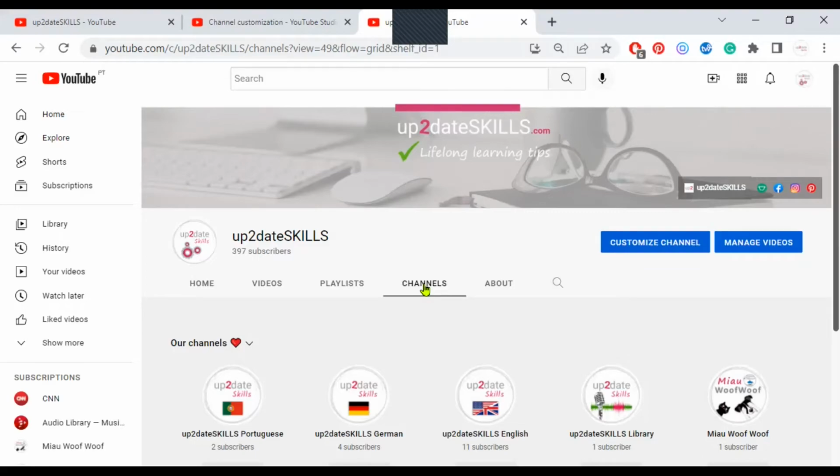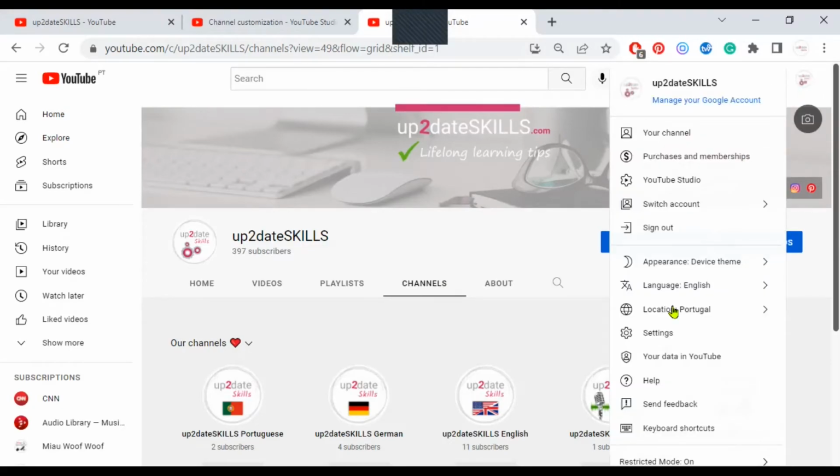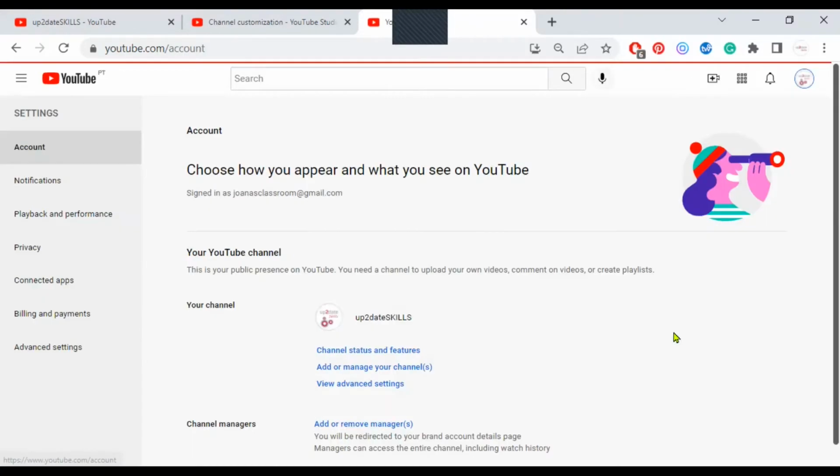You can choose not to subscribe any channel while you are logged in to a certain channel, or you can change your YouTube settings so that your public subscriptions don't appear here on the channels tab. To do so, click the logo at the top right corner, look for the word settings from the drop-down list and click there.